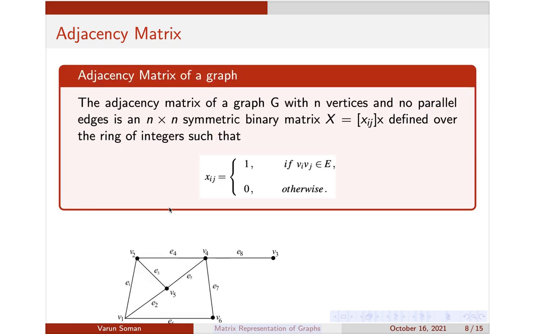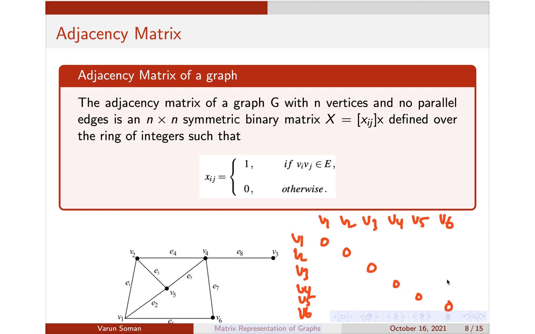Okay, let us look at this example here. We look at this graph. This graph has how many vertices? 1, 2, 3, 4, 5, 6 vertices are there. So we'll have a 6 by 6 matrix. We'll have V1, V2, V3, V4, V5 and V6, and similarly V1, V2, V3, V4, V5, V6. No self loops are there, so all the diagonal elements would be just 0. If there were self loops, I'd put the diagonal element as 1. So no self loops, all diagonals will simply be 0.